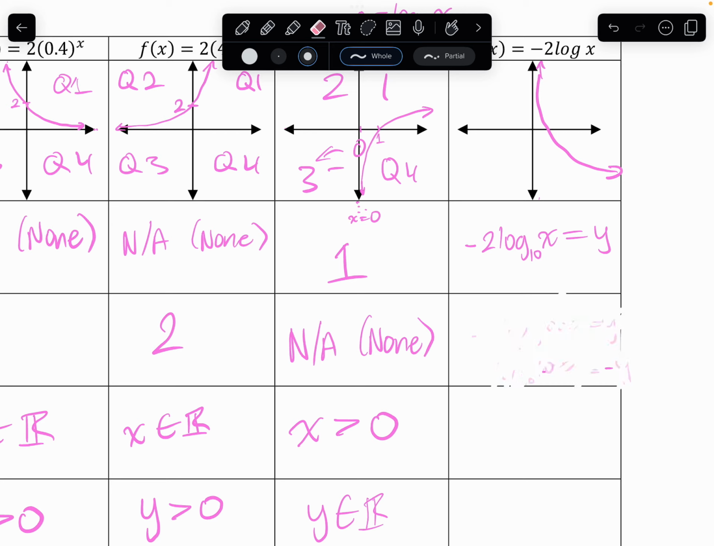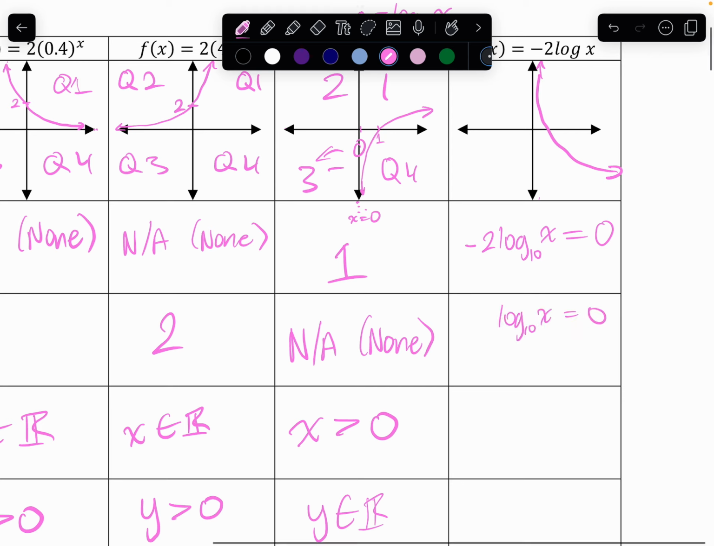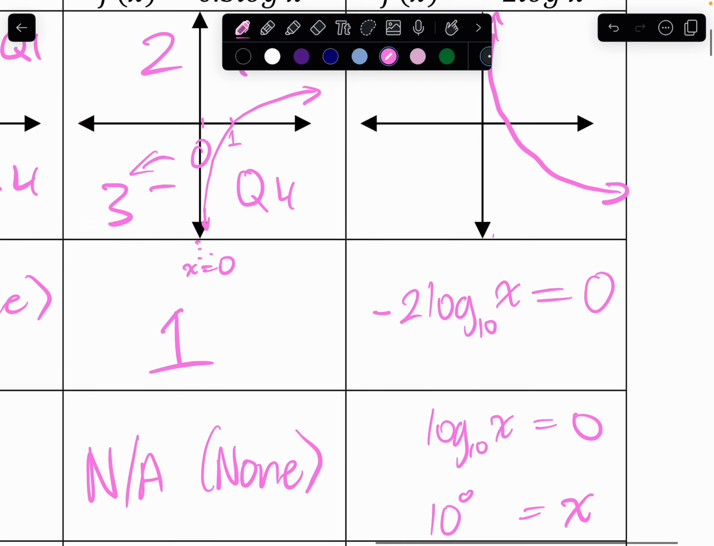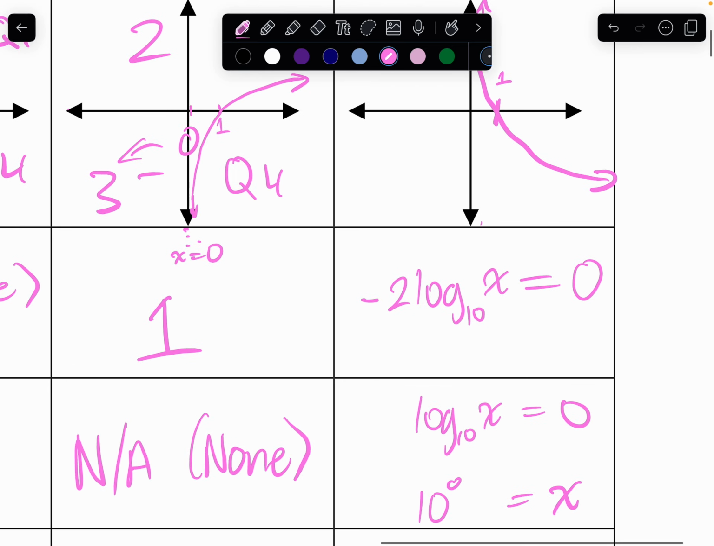What point does it intercept? Well, let x equal 0. Sorry, let y equal 0. Divide both sides by -2. 0 divided by -2 is still just 0, and then 10 to the 0 equals x. Oh, what do you know? It didn't change anything. So this point stays as 1, even though we've put a negative 2,